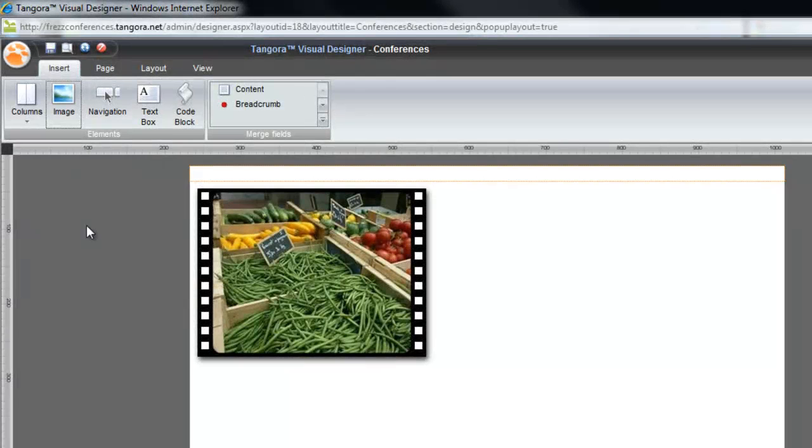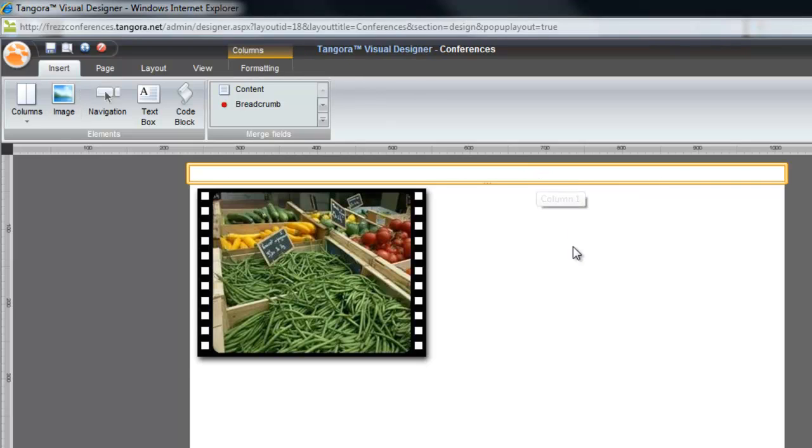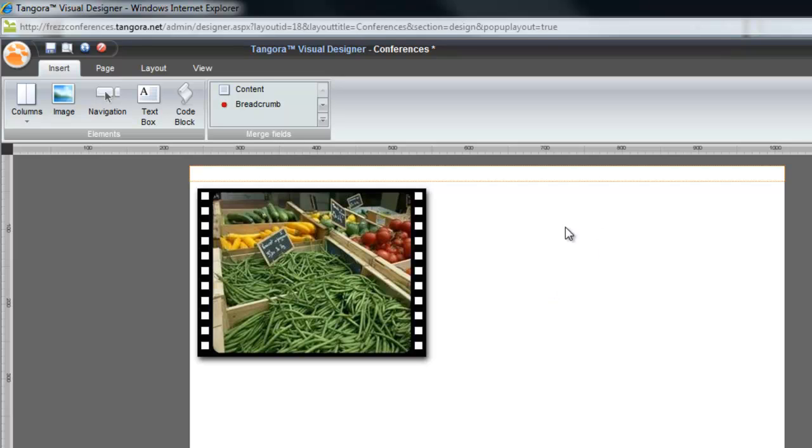Next, we're going to learn about inserting, moving, and deleting elements before starting the construction of our site design in earnest. We've already quickly inserted some elements to our site layout via the Insert buttons found under the Insert tab. Now, if you want to move elements around in your solution, you just select an element that you want to move and then use the arrow keys on your keyboard to move the element. For example, let's say that I want to move an image into a given column set.